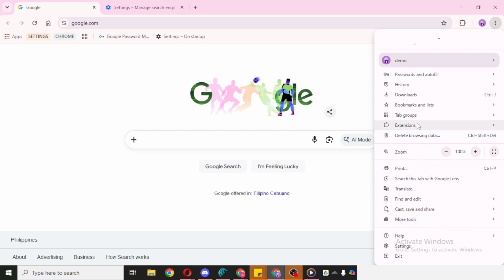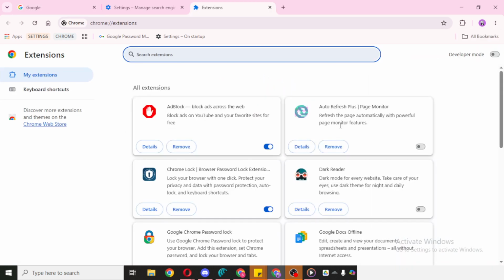This will take you to the area where Chrome lets you manage the extensions installed in your browser. If needed, open the section to Manage Extensions so you can locate the specific extension you want to work with. This page is helpful because it shows you all the extensions currently installed, and it's where you can confirm that the extension is already added to Chrome.